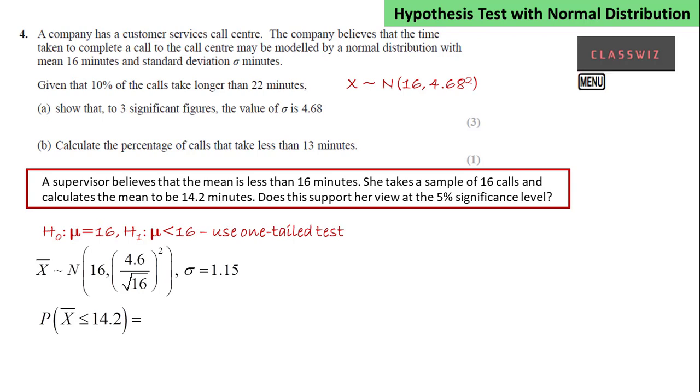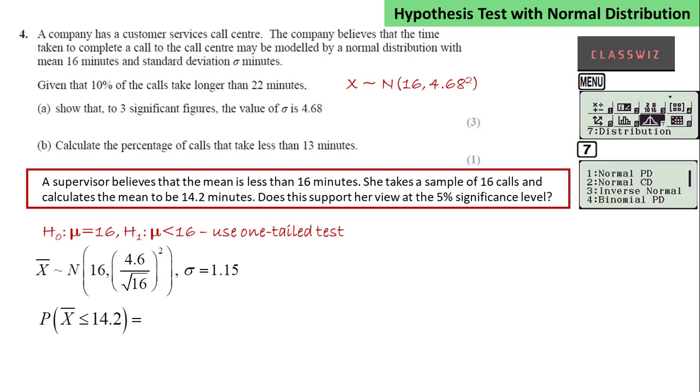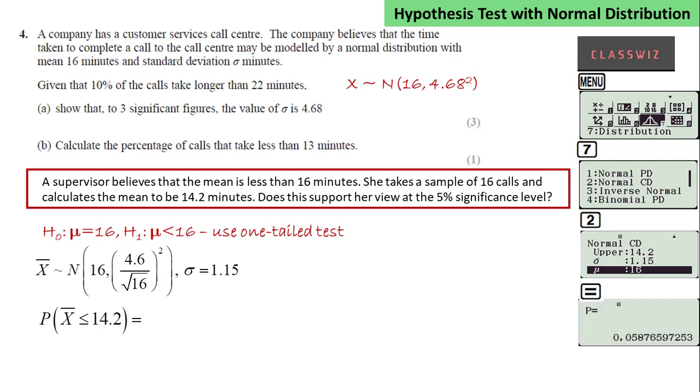We use the ClassWiz calculator. We choose menu option 7, and here we're going to choose normal CD. That's option 2. We put in a lower value of 0. We'll put in an upper value of 14.2. Here, remember, the sigma is the standard deviation of the means, so it's going to be a standard deviation of 4.68 over the square root of 16, which is 1.15, and the mean is 16. We do the calculation, and we calculate that probability is